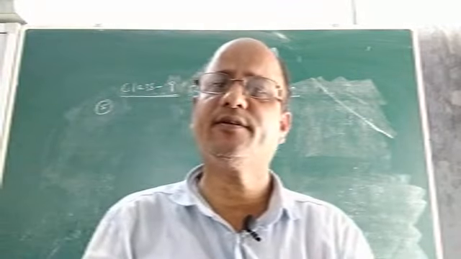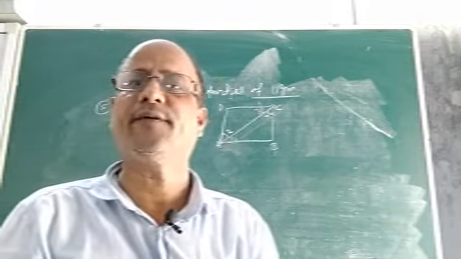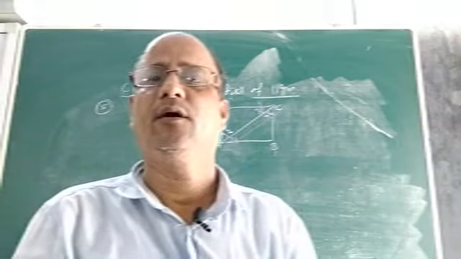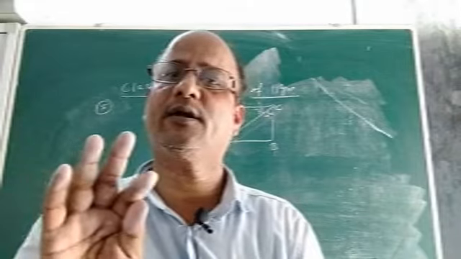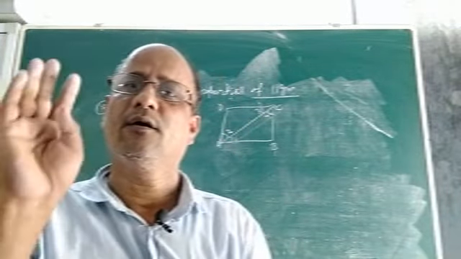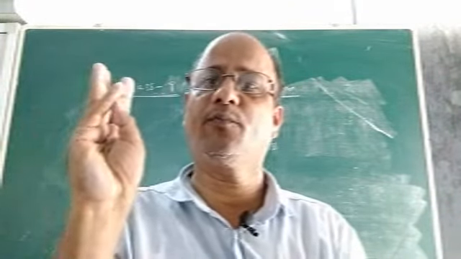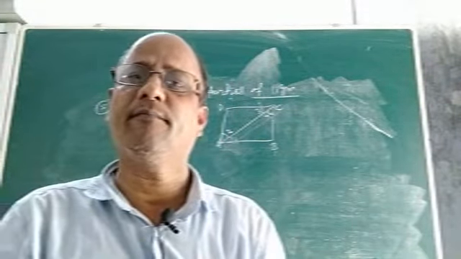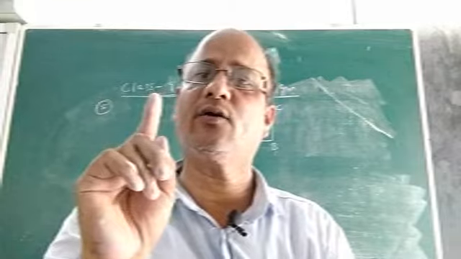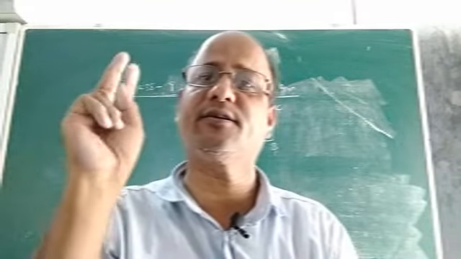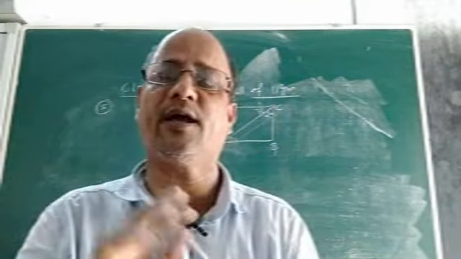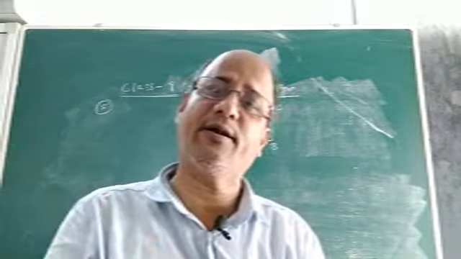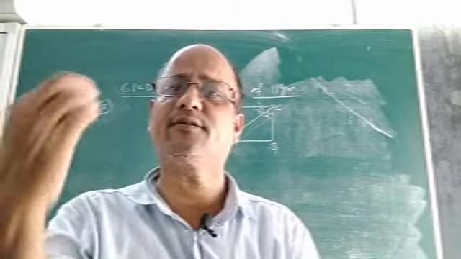Children, in the previous lesson I was discussing the geometrical proofs of different properties of a parallelogram. Nearly 4 geometrical proofs I have already done. Opposite sides of a parallelogram are equal, opposite angles are equal, diagonals of a parallelogram bisect each other, and a diagonal of a parallelogram divides it into two congruent triangles of equal area. These are the 4 properties whose geometrical proof we have already done in previous lessons. Let us discuss a few more.